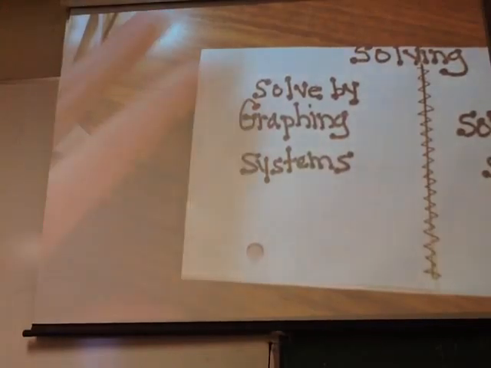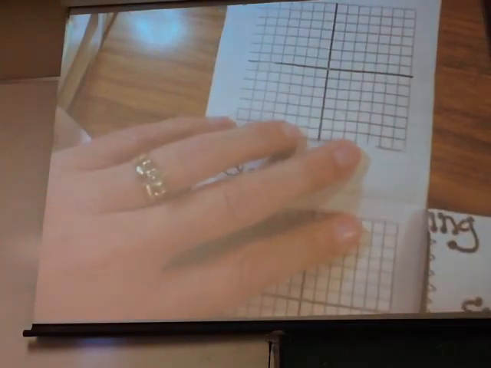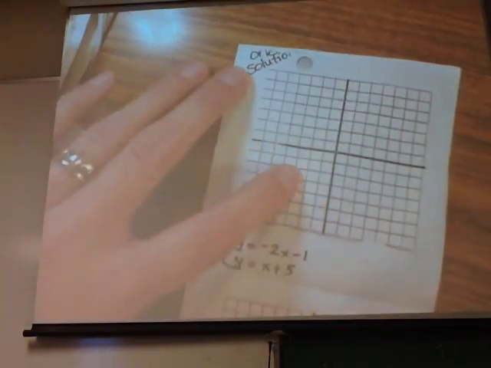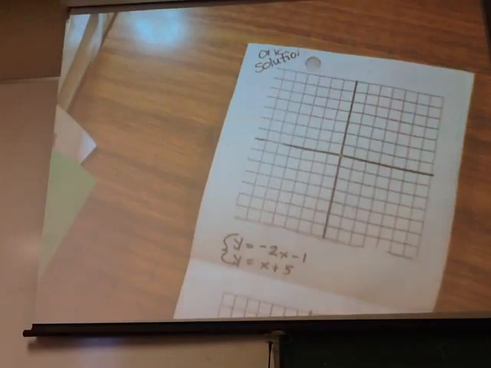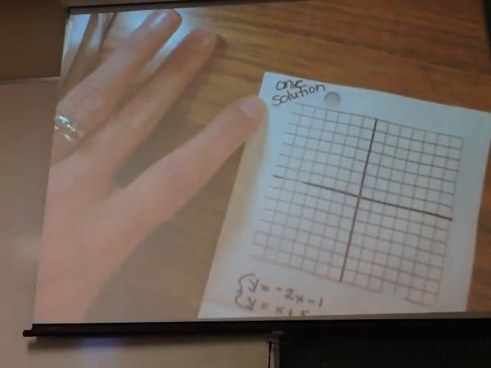Okay, so solve by graphing systems. That's the first flap, so open that up. A few things actually got cut off whenever I copied this. This should say, and I can barely read it, it should say one solution. One solution. T-I-O-N. Okay, one solution means that the lines